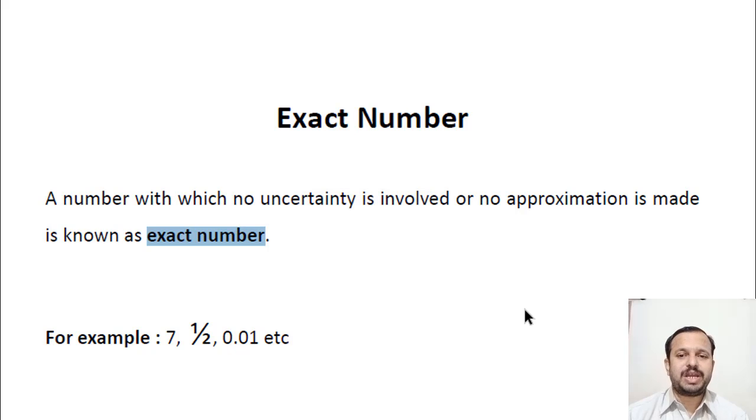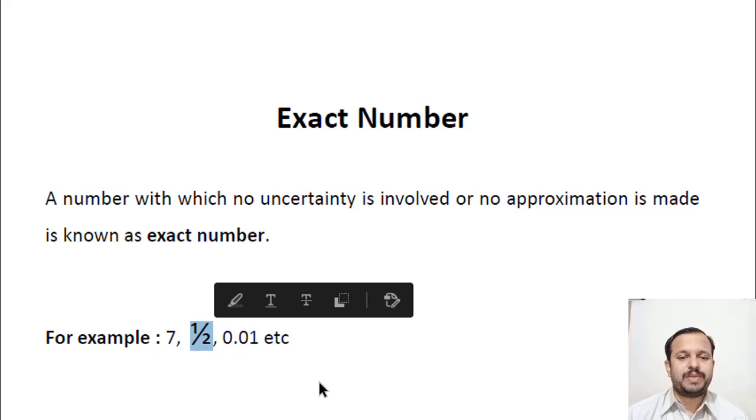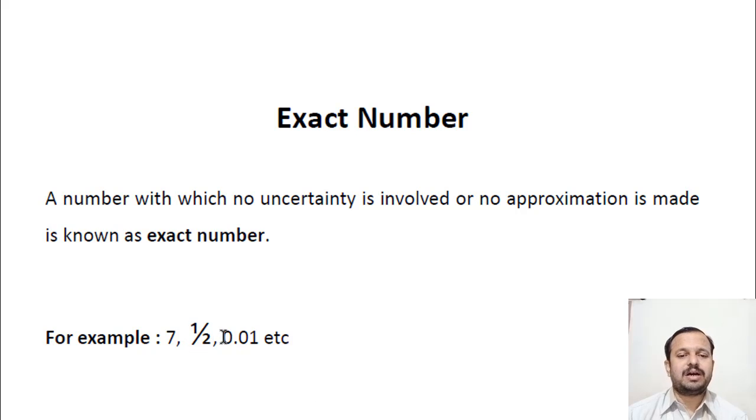So I hope you understand what is meant by the exact number. For example, 7, which is an integral number, and 1/2, though it is a rational number, it is an exact number, because with this number no uncertainty is involved. And even this rational number, that is 0.01,